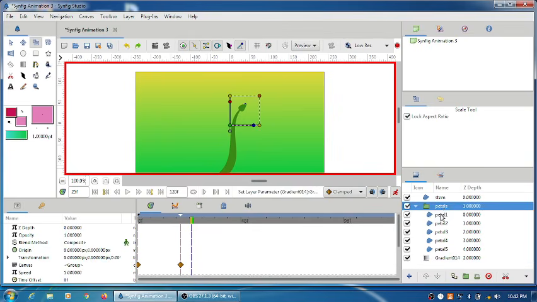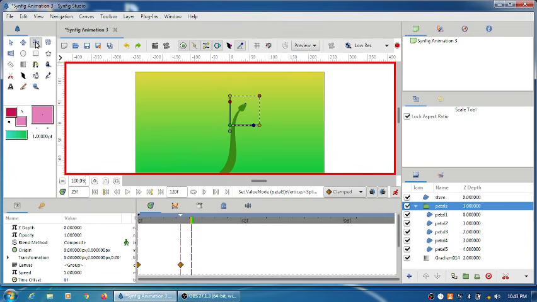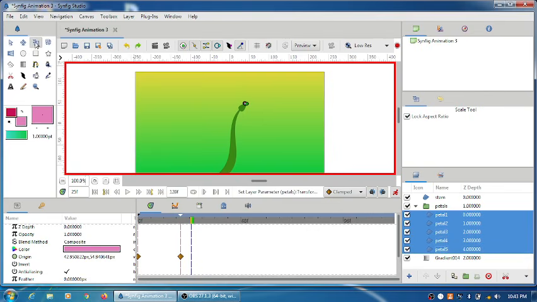move back to the petals, right, and select it and slightly bloom the flower.